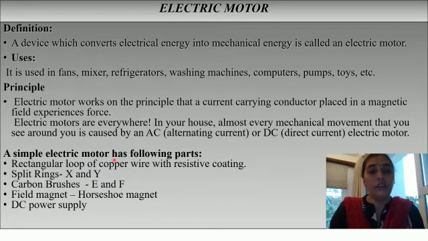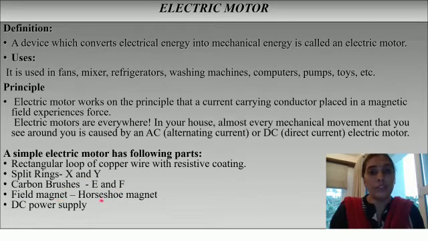A simple electric motor has the following parts. It has a rectangular loop of copper wire with resistive coating. It has split rings. Split rings are nothing but a copper ring that has been cut into two halves. So you get split rings, that is X and Y. In the diagram they will be labeled as X and Y. Carbon brushes E and F,